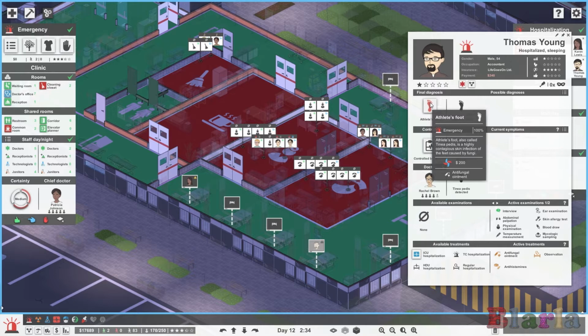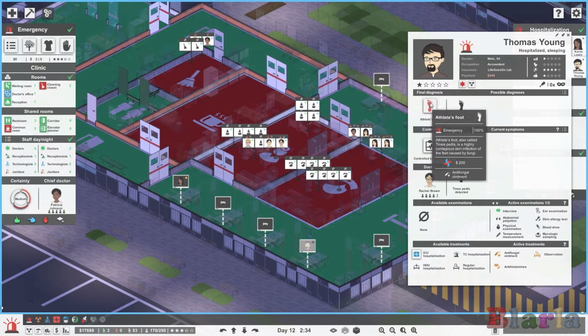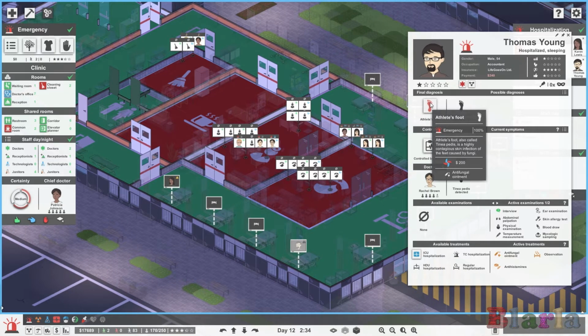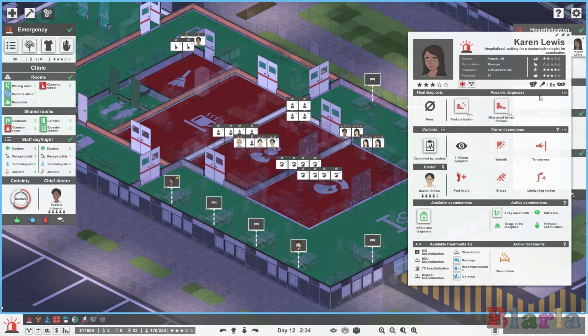So this one's pretty minor. I don't know why he's in the ward. It's probably a doctor working in the clinic that's not too well skilled and hospitalised them for a bit of athlete's foot, which just needs a bit of cream rubbing on it. So they won't be going anywhere. They'll be going home. This lady here,